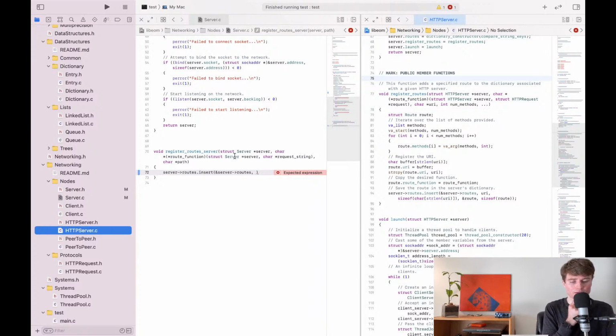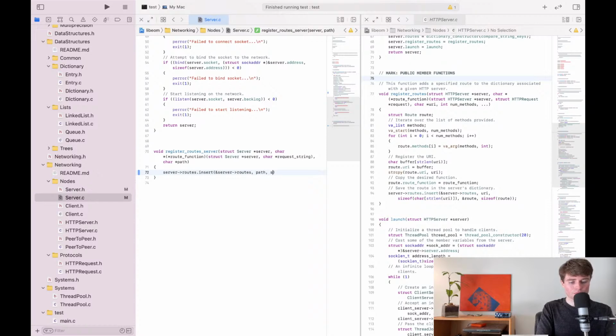Oh, okay. I see. The request string is coming as, you see, that is sort of the problem with using these function pointers as much as I am using these function pointers, is that it becomes a bit confusing looking at all of these parameters, because it looks like my register routes server function takes request string as an argument. And what was confusing me right there was why would it take that as an argument? And it is, in fact, not taking it as an argument. It takes this route function as an argument. And this route function itself takes request string as an argument. So this is basically telling us the format of what this argument is going to end up being. Which is interesting, but it does not itself take those. So we have the path. Anyway, so our key is going to be path,